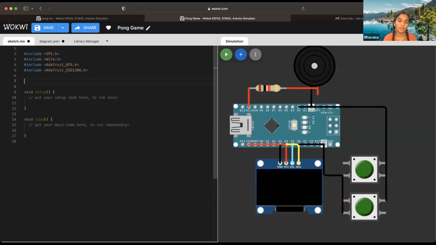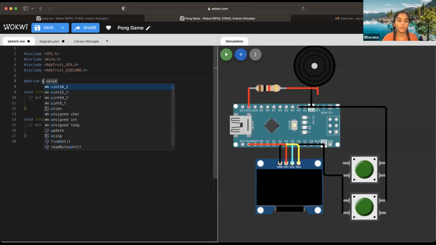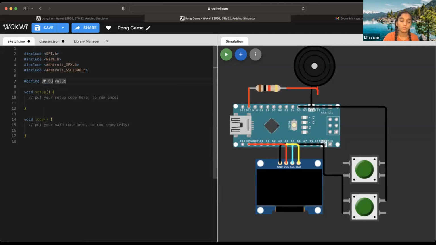Okay, so I'll start again. And then we're going to do define. So this is a name and a value. Define just means we are assigning a value. So we're going to say up and then down. So up button, down button. Okay, so this up button, we connected that to,